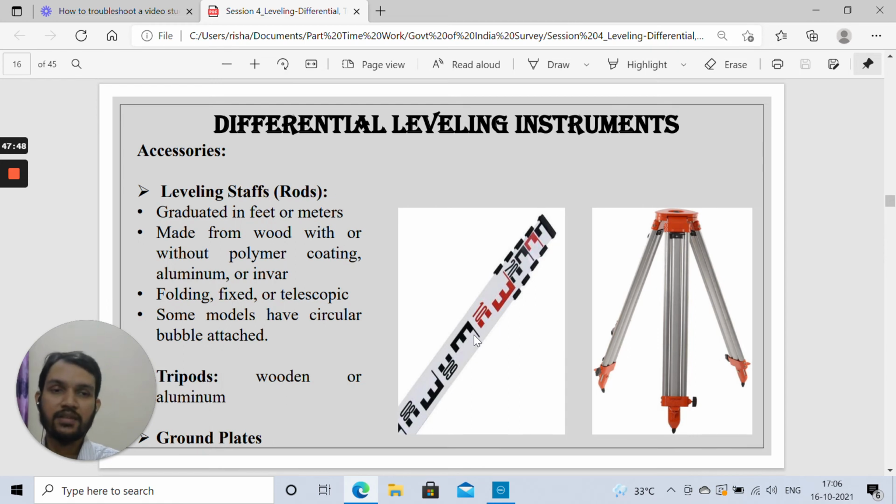Folding means folding tripods or leveling staffs are there, so that you can, not leveling staffs, even tripods for them are folded, so that you can carry them with yourself. And leveling staffs also can be folded, and most of the leveling staffs, as I told you, come in 1 meter, 2 meter or 4 meter total graduations, so it is not that a leveling staff of 4 meter will be 4 meter long. It goes inside itself. There is a button through which you can get it inside, and the total length of that leveling staff will always be 1 meter only.